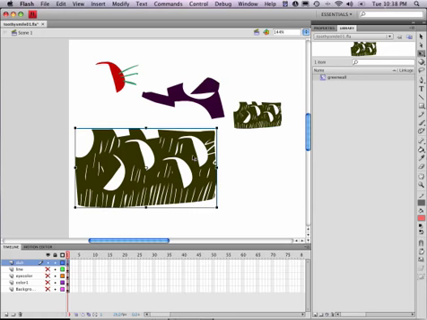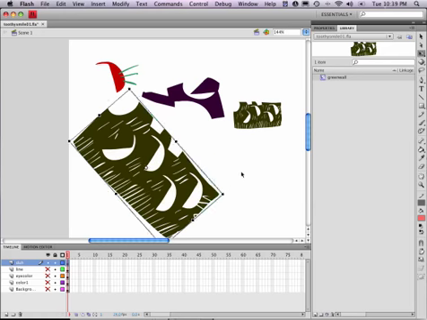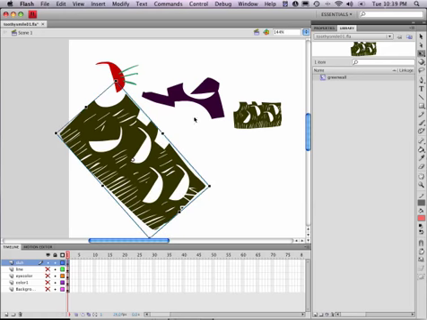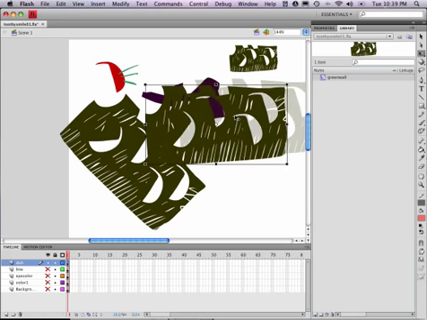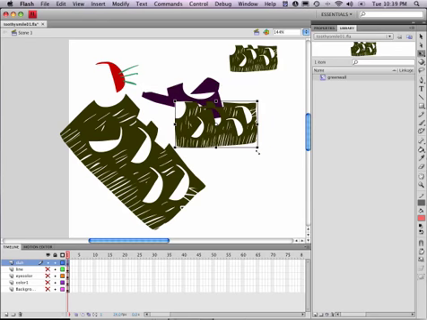Okay. And I'm going to take this one, I'm going to rotate it. And so these instances can be adjusted separately from the original. Then I drag another, and it gives me that original. But now, watch what happens